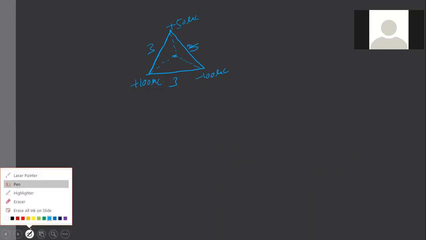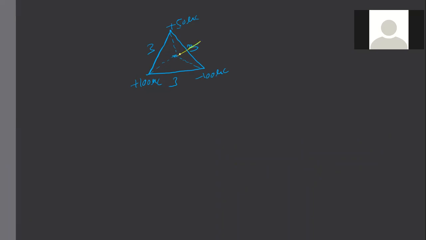So tell me now. Field of this will be away from here. Field of this will be away from here. And field of this will be away like this. Do you follow? So I've got field of this, field of this, field of this way. But these two fields are how much? K into 100 into 10 to the power minus 6 by r square. If this is 3, what is this distance? 3 by root 3. So that will be root 3.